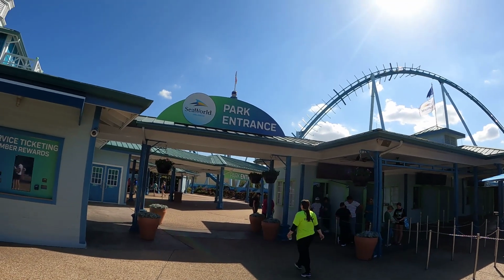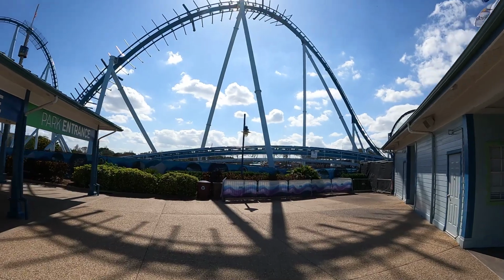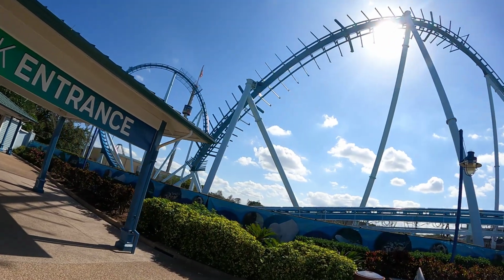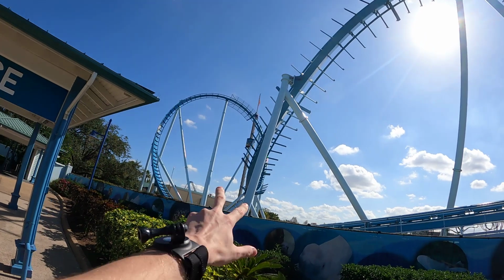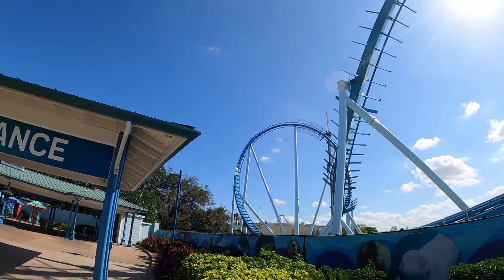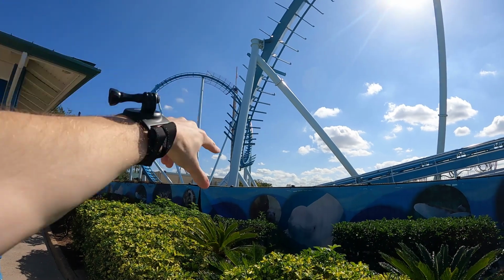And let's see what's going on here at SeaWorld Orlando, our first visit of 2023. So before we get into the park, which our entrance is over here, I want to show you guys what's going on with Pipeline lately that they have been adding here. So they've been adding some racing over here. You can see these things on the sides of the track, and they have them all around at least a good portion of the area. So you see they have it a little after the overbank here,